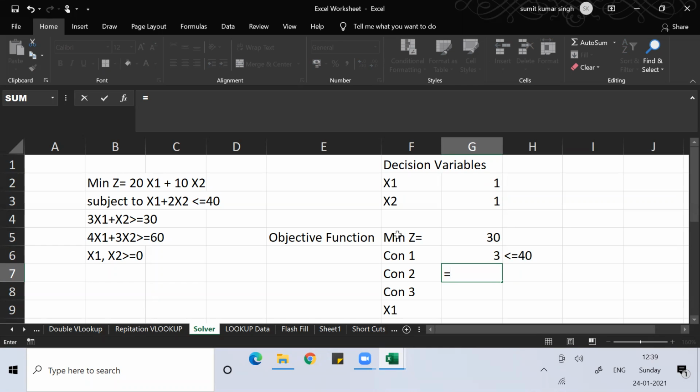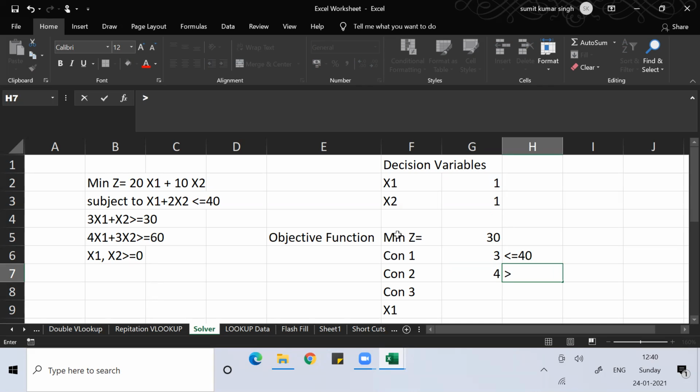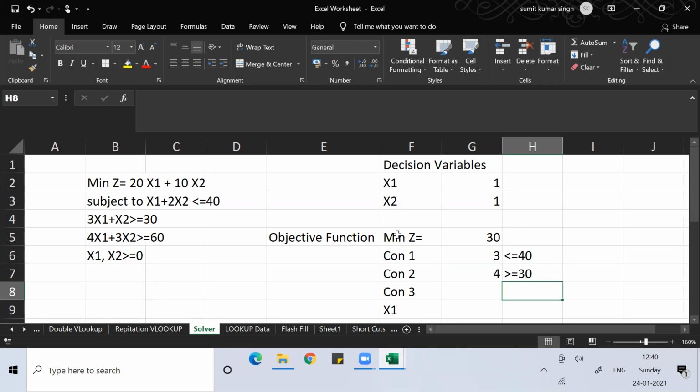What is your constraint 2? Constraint 2 is 3 into x1 plus x2, that should be greater than or equal to, sorry, not 330, greater than or equal to 30. This I put as constraint 2.